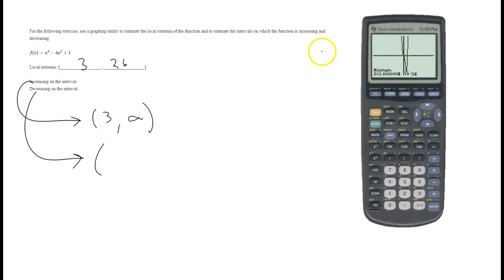Because again, we look at it left to right, and as this is coming from negative infinity, our function is decreasing till I get to x is 3. So it's going to be negative infinity to 3. And with increasing and decreasing, you're always looking at the x's, and